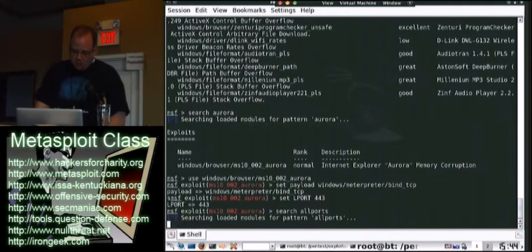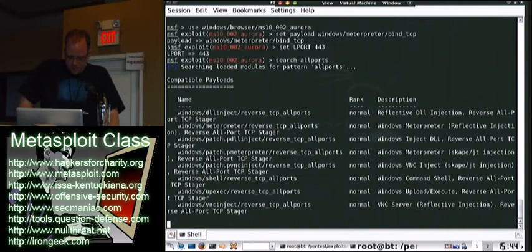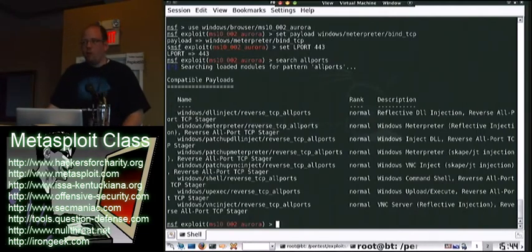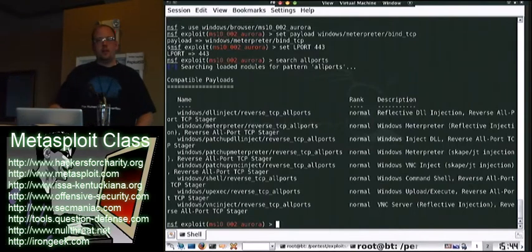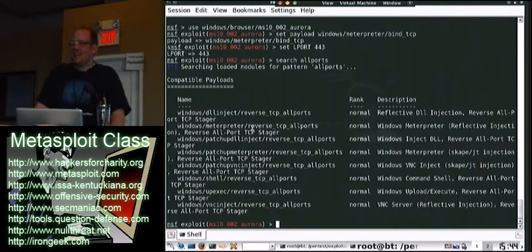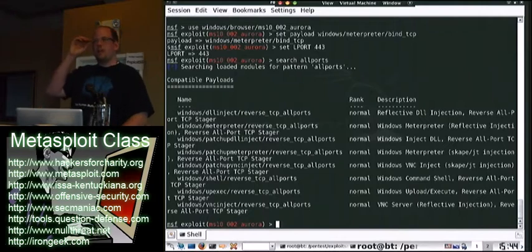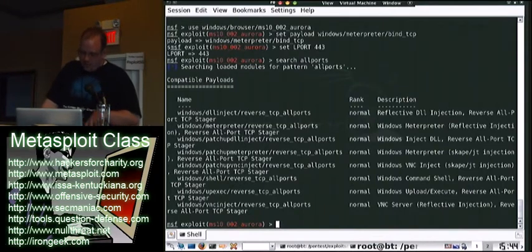So Metasploit came out with this thing called all ports, which is a pretty slick method. What the all port payload does is it actually tries connecting out every single port going outbound, from 1 to 65,000, whatever. So if you have egress filtering and you allow one port out, it's going to find it. Does it do it incrementally or does it do it random? It's random, I believe. I'm not sure offhand. When he blog posted about it, I'm pretty sure he said it was random, but it takes a very long time. It can take 10 minutes because it fires off thousands of ports. If you're monitoring your egress, you'd probably notice 65,000 different attempts. But you never know. It's very good for that.